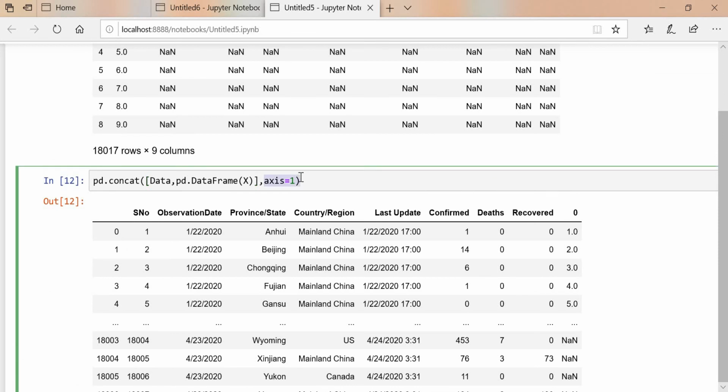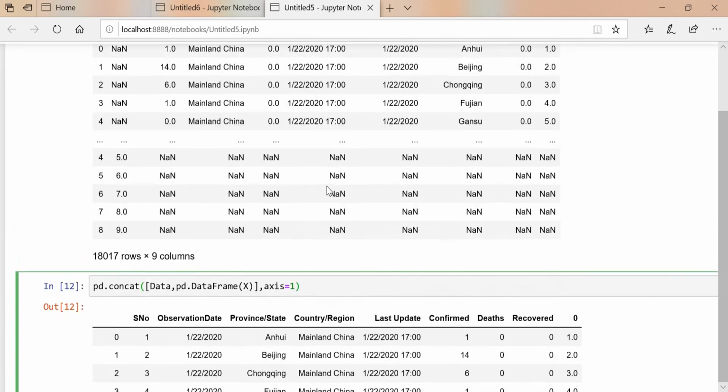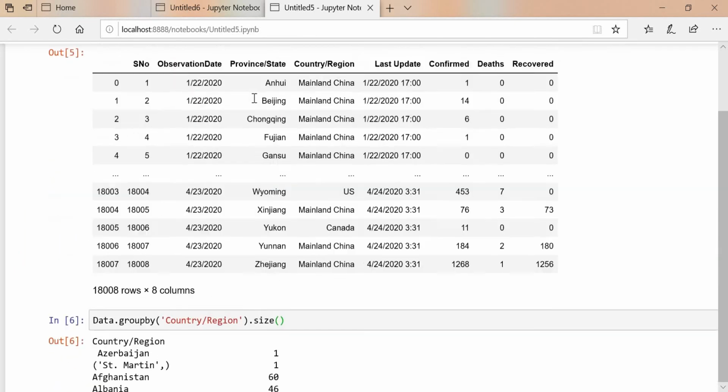See, what is axis equals to 1? Axis equals to 1 means column, 1 equals to column and 0 equals to row. So like this in the coding area, 1 equals to column and 0 equals to row. So pd.concat will add the column in our data. We have to pass the data, where we have to add and what we have to add, and where, means in the axis, whether you have to add in the column or in the row. Like this you have to mention over here. So like this pd.concat will work.